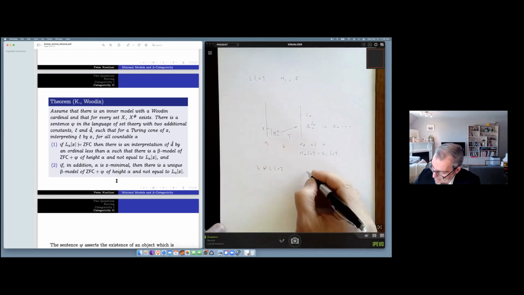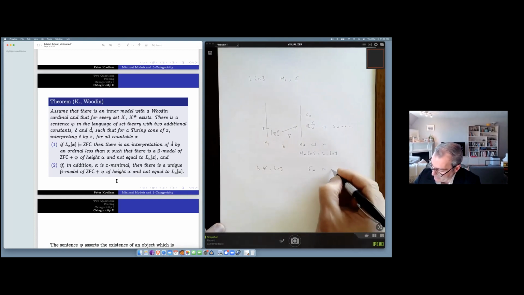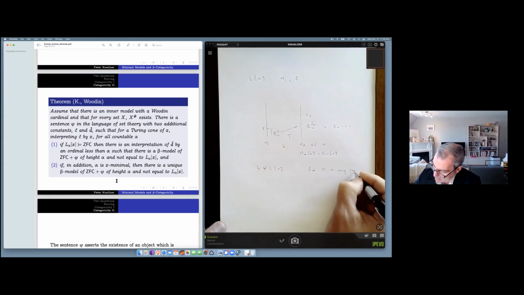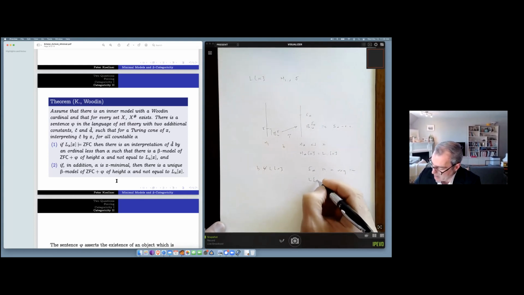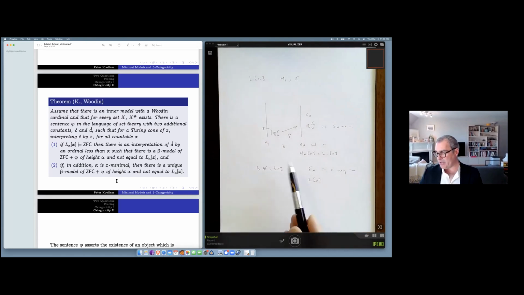So delta infinity is a regular cardinal in L of X. But if L of X could see the branch, then it would see that this cofinalizes that regular cardinal, and that's a contradiction. So you're working in L of X, and you can iterate these objects for a long time. But because of these genericity iterations, for reasons similar to what happens in the case of an ultrapower, you can't see the branches, but you can see the final model.